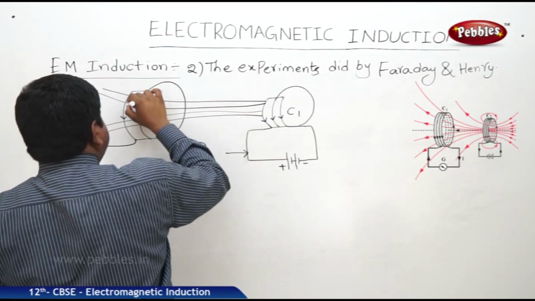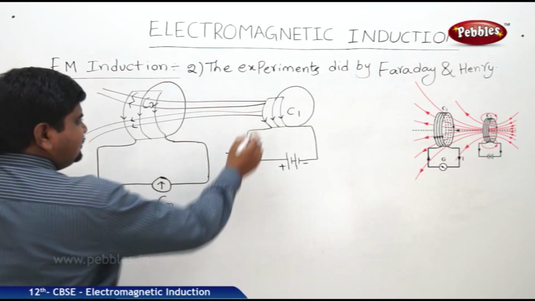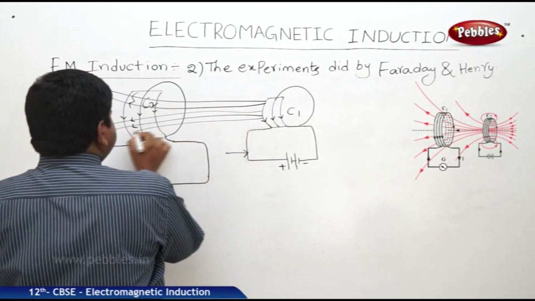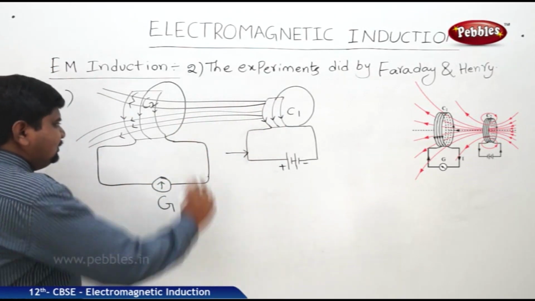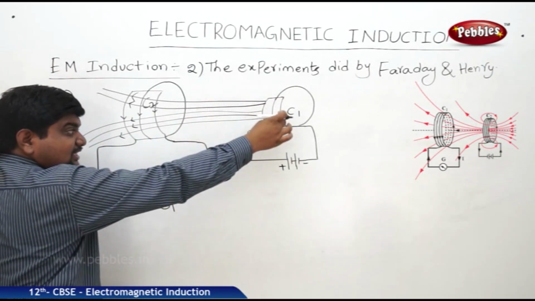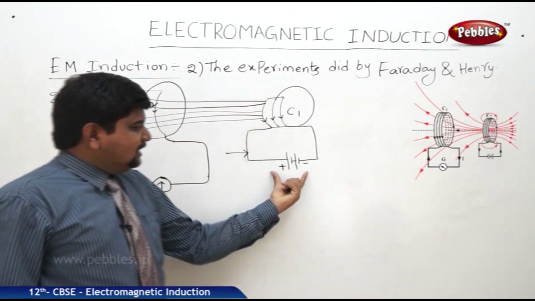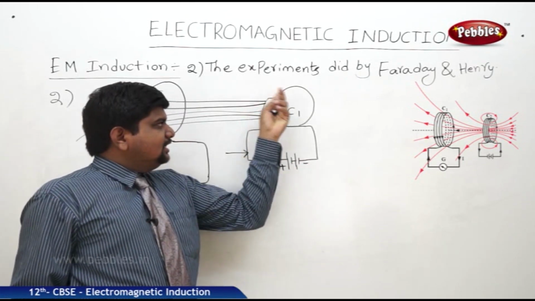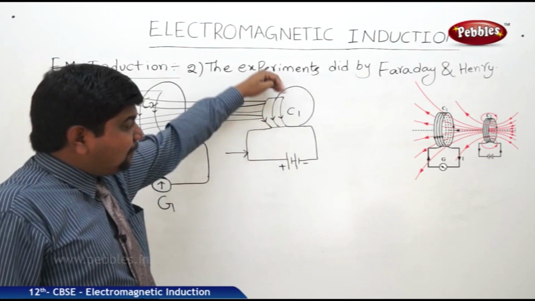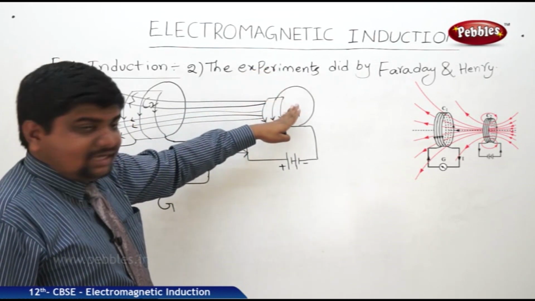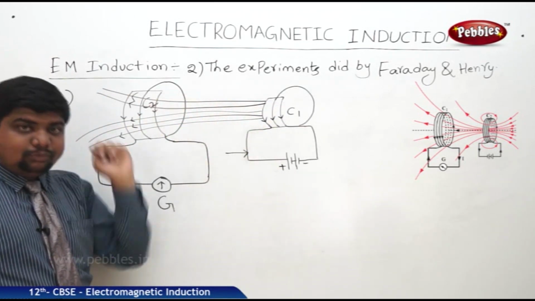You can draw the arrow mark which shows the direction of the flux. Flux means the magnetic field lines passing through unit surface area. How is the magnetic flux created in coil 1? See, initially it is connected to the power source. Inside, an electric field is generated. Whenever the electric field is generated, it produces the magnetic field, and the magnetic field lines transfer from coil 1 to coil 2 to connect with the opposite poles.